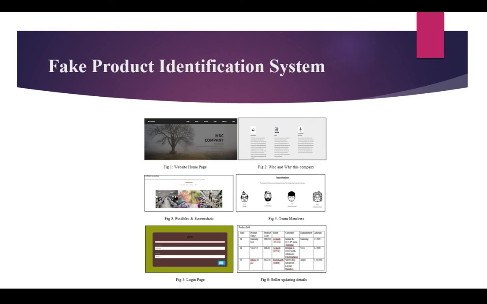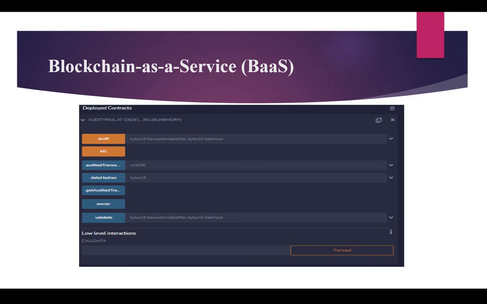And another student has implemented a fake product identification system. If anybody would like to fake a product and sell it, how can the buyer identify the fake product online when purchasing it? For that, using blockchain, one of the students has implemented a small module, and another student has implemented